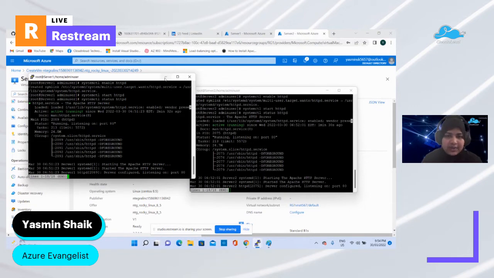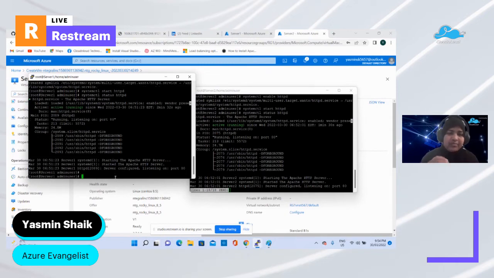Now what we will do, before that, is disable the firewalls, because when you want to access these virtual machines from the outside, from the public internet, there might be some firewalls which are going to stop accessing this. So I'm going to disable the firewalls.